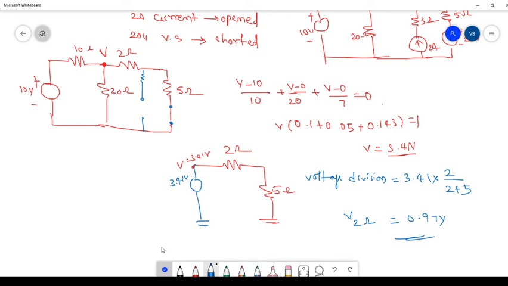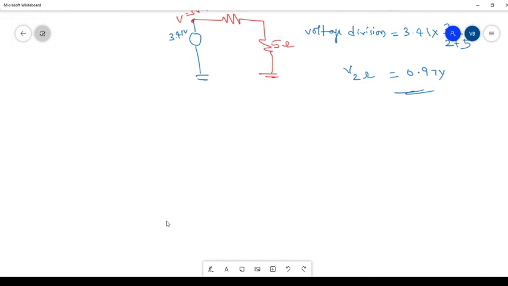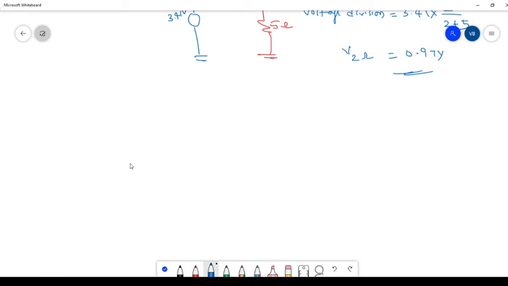Next, you consider the current source. Considering the current source means the remaining voltage sources are opened. So the remaining voltage sources are opened. Then that network will become like this, a resistor and here is a resistor. So I am going to draw it again.